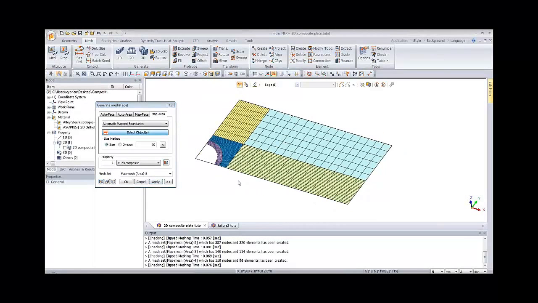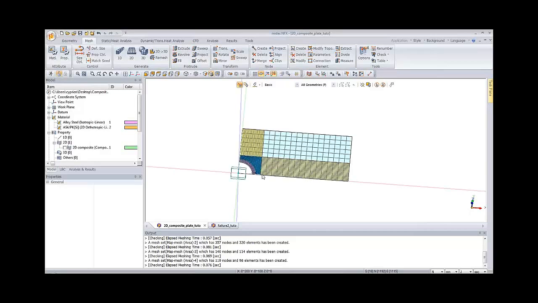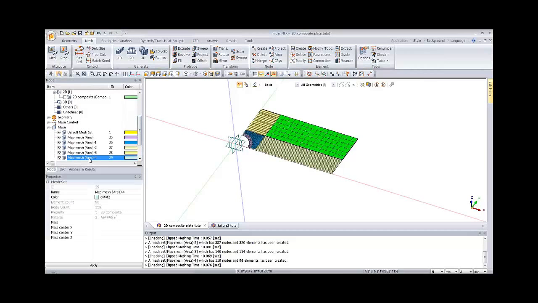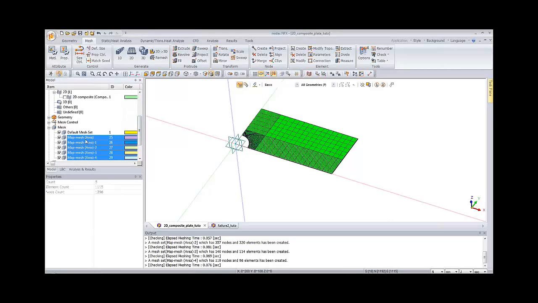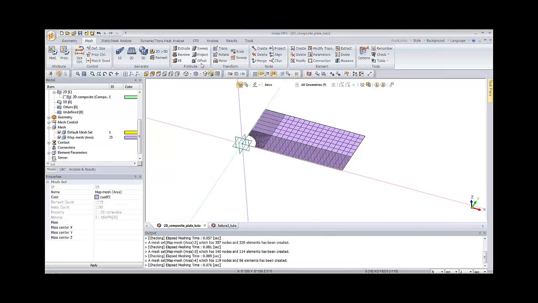So what I have to do is to create the full model. So to do that I will simply use the mirror option to mirror the mesh. But before doing that I will merge these mesh sets together. So I select all the mesh sets, right click, merge, in order to create only one mesh set, it will be easier to mirror it. In the mesh tab, you have all the options to work on the mesh, and here you have the transform mirror option, which will allow you to directly select a plane and to mirror the mesh.